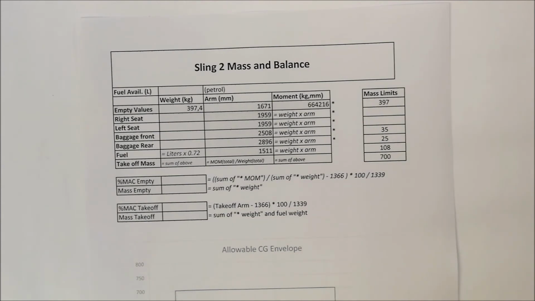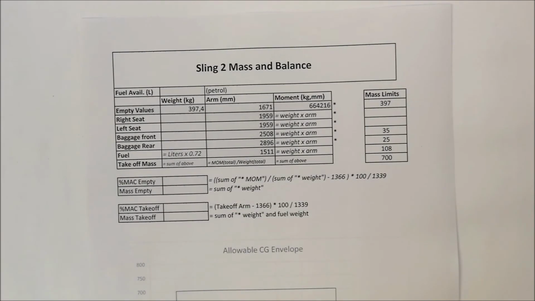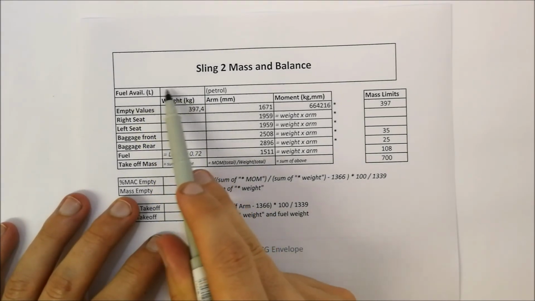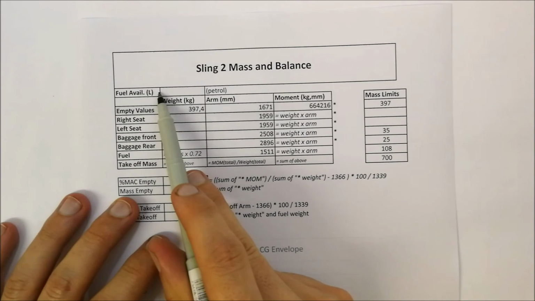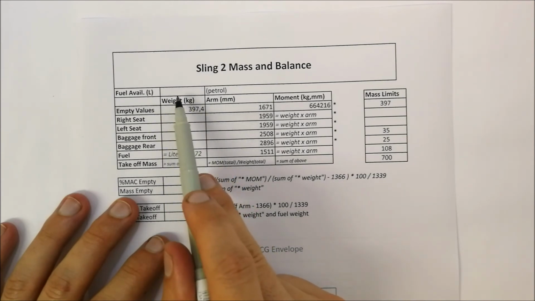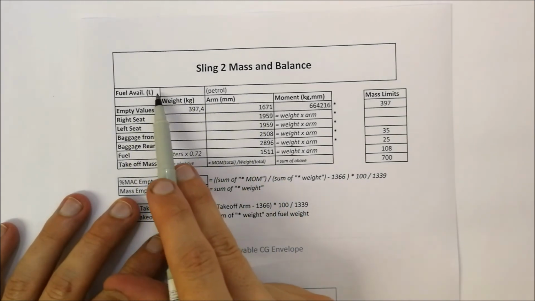So this is a typical form that the pilot would have to complete. Okay, so the formulas are essentially shown over here for completing the different fields. Initially the pilot would have to indicate how many liters are available in the aircraft. So in other words, this will be in liters. The maximum, for the Sling 2 at least, is usually 150 liters,